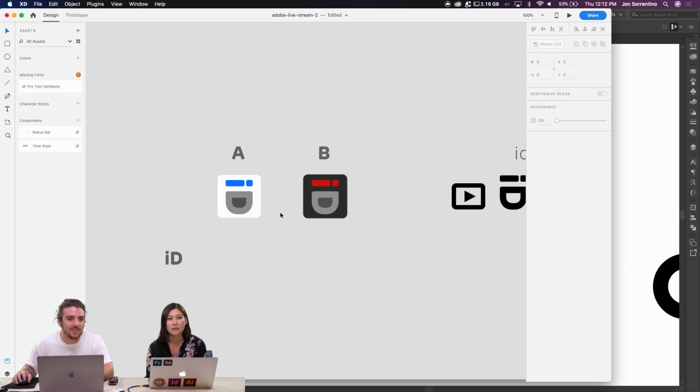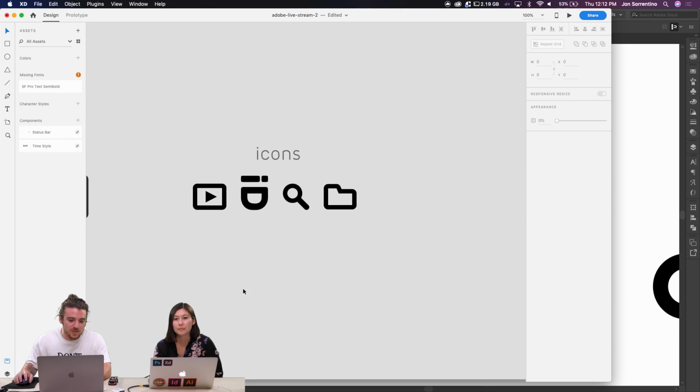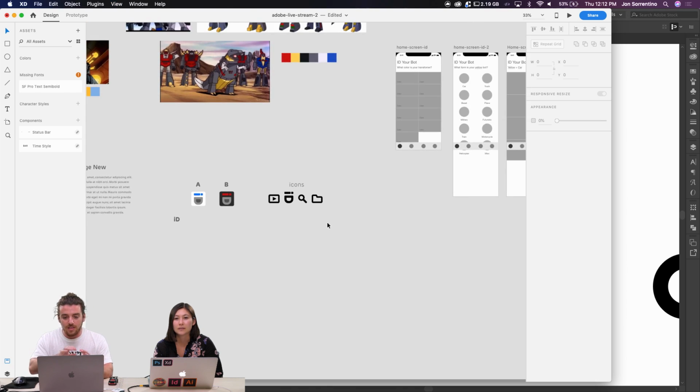So okay, I think this is pretty unanimous. A looks like it's just dominating the chat right now. So we're gonna go with A on that one. So that's cool. We have our color scheme, and the app icon lines up, which is great. And then I also made some additional icons to potentially use as navigation. So yeah, that is what I did last night to clean it up and set us up for today.